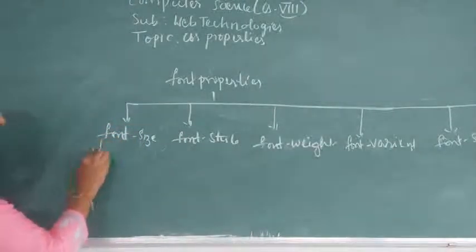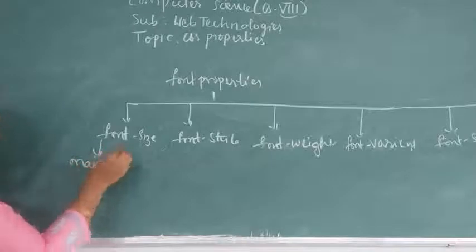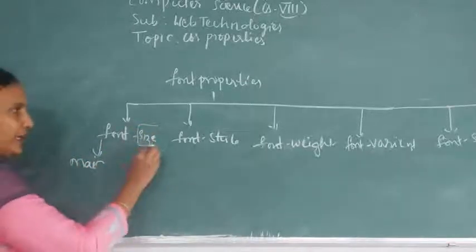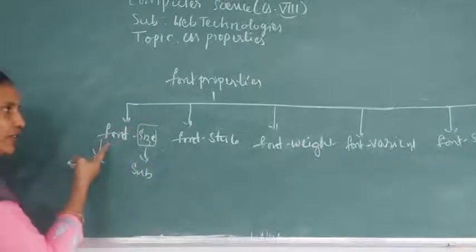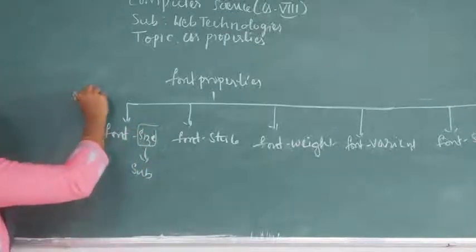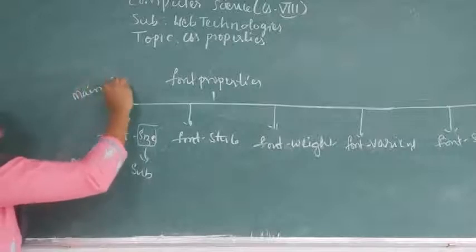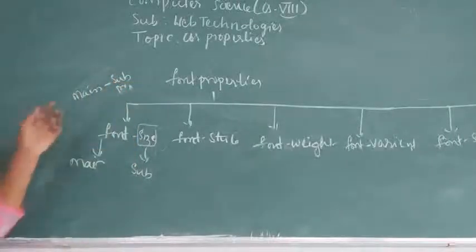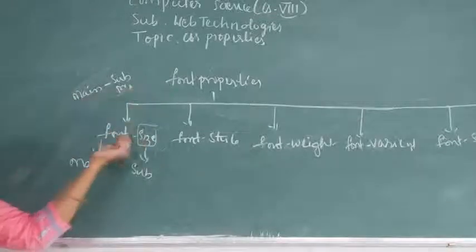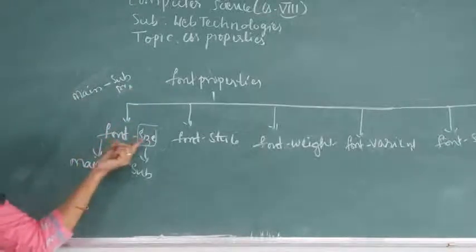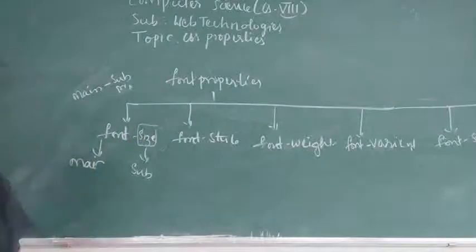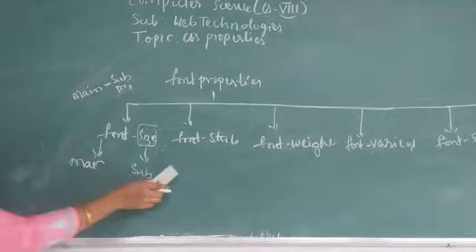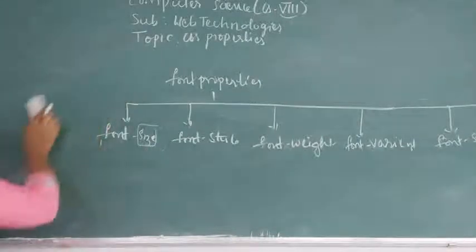This is called the main property, and this is called a sub property. So if you want to use these properties, it is a condition that you have to give the main property, dash, sub property. Okay, understood? So we are using all the sub properties of font. The main property and sub property should be separated by a dash. Okay. You take a screenshot of this. I will explain one by one now.